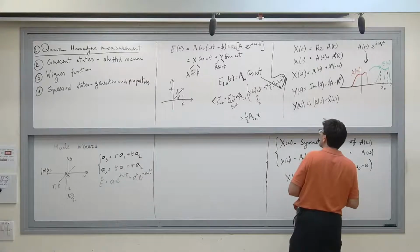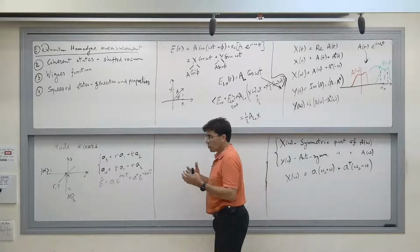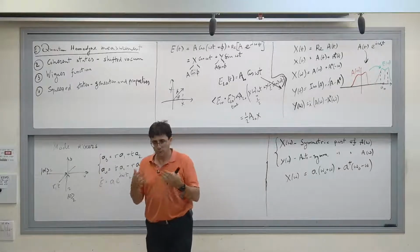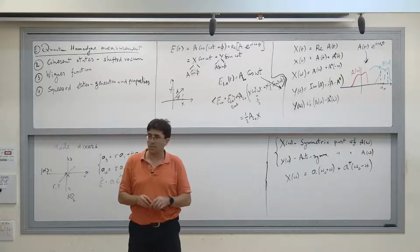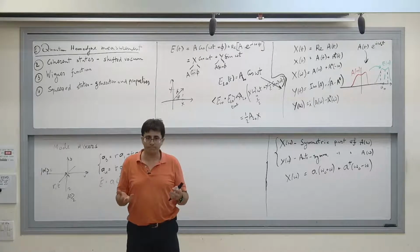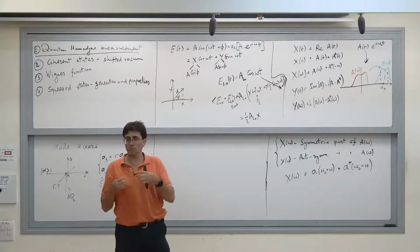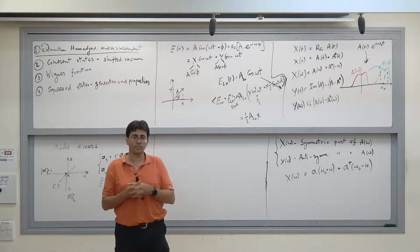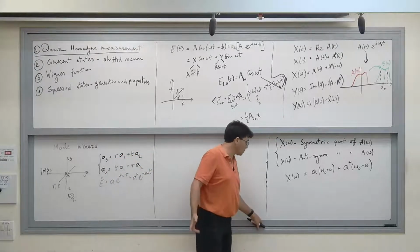Okay, so we're going to basically assume that we have something like this. So what do we need? We need something that will represent the local oscillator, and we need a multiplier, something that will generate an effective multiplication. So I want to be able to multiply two fields. Now, if this was a radio,